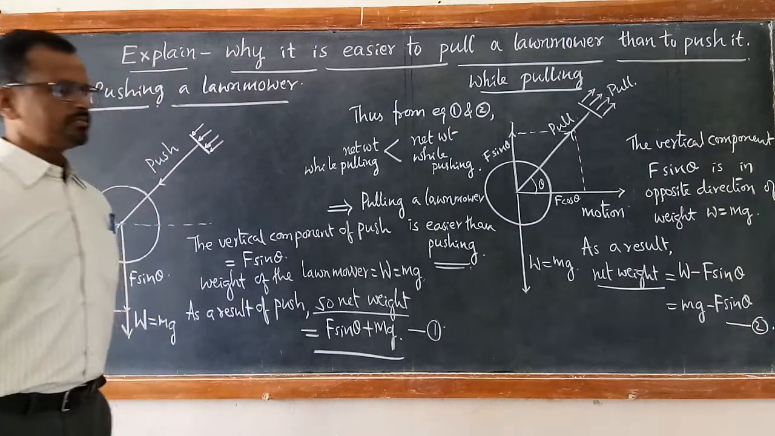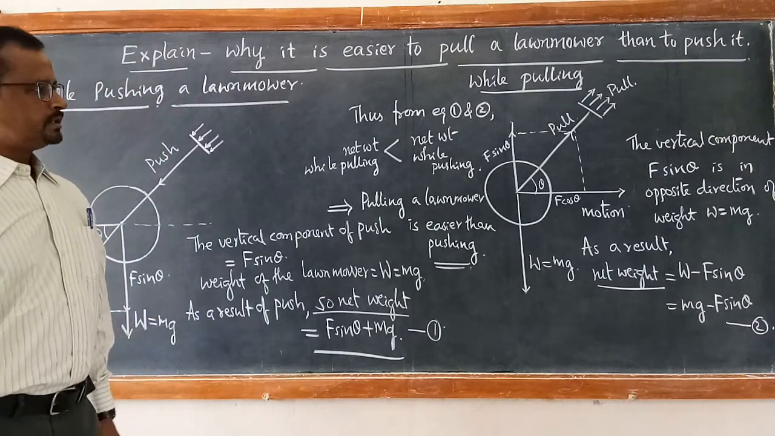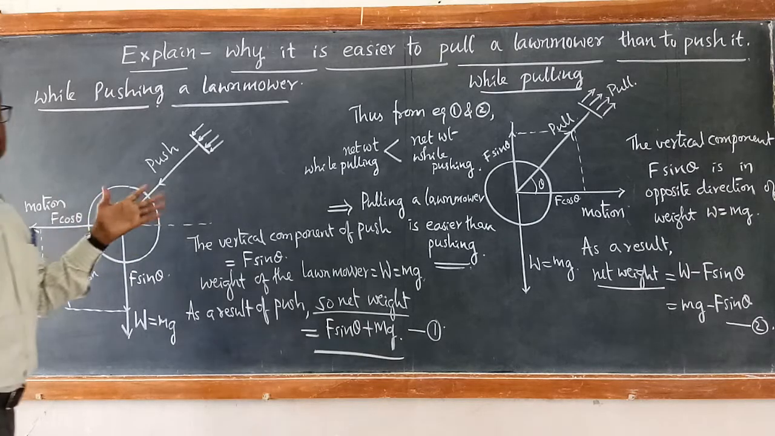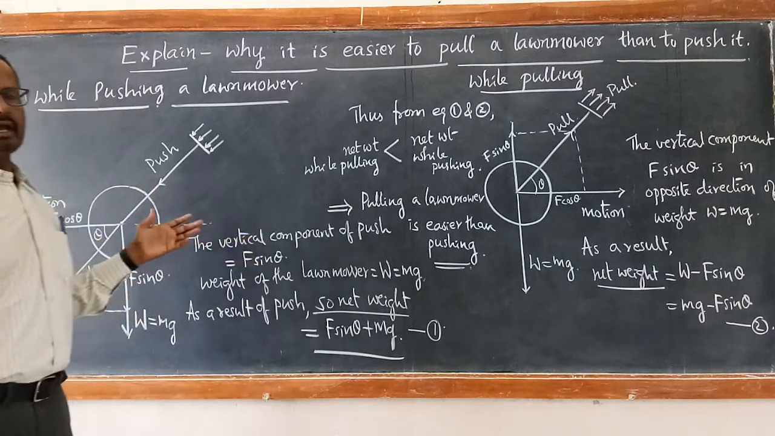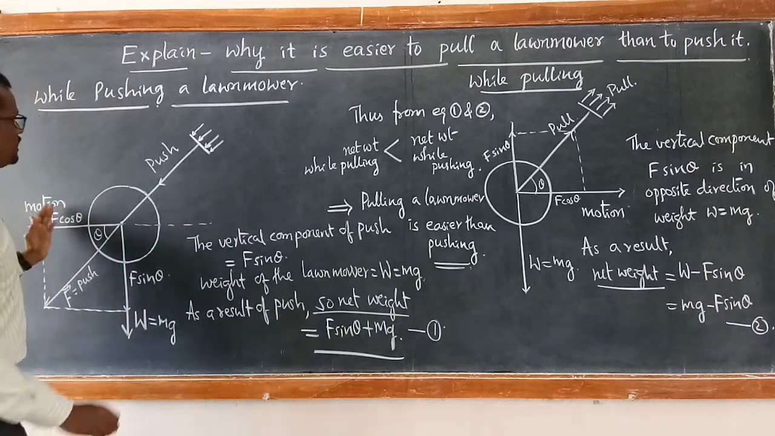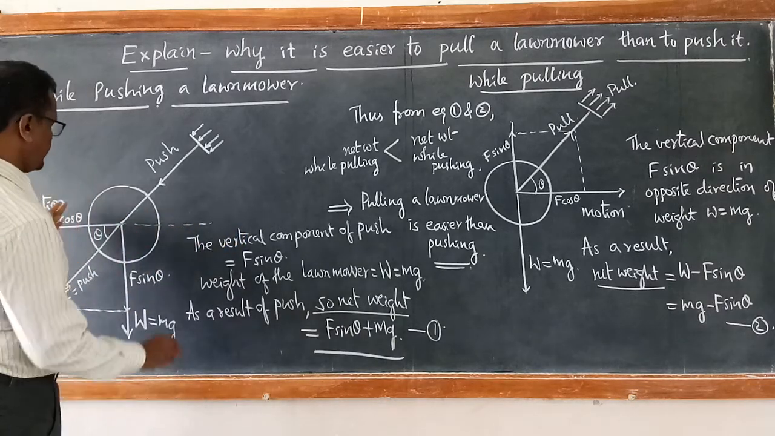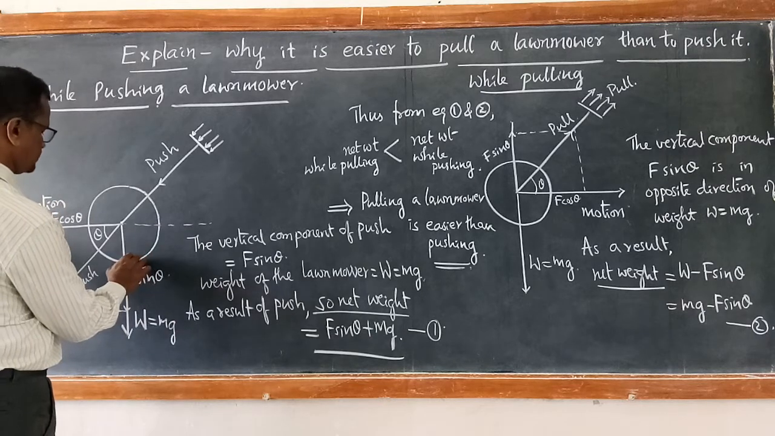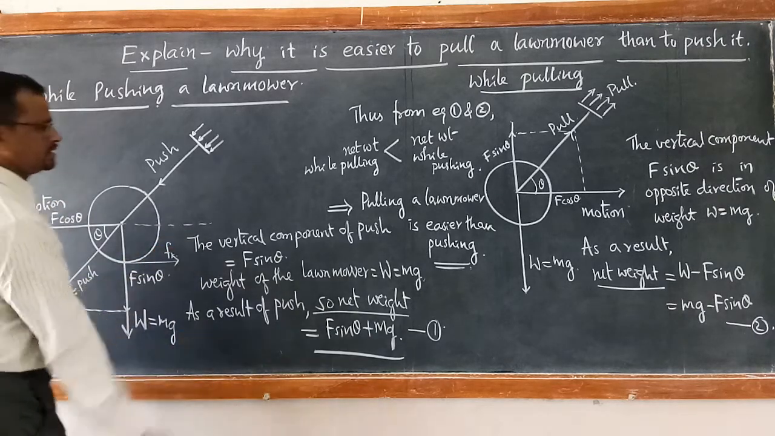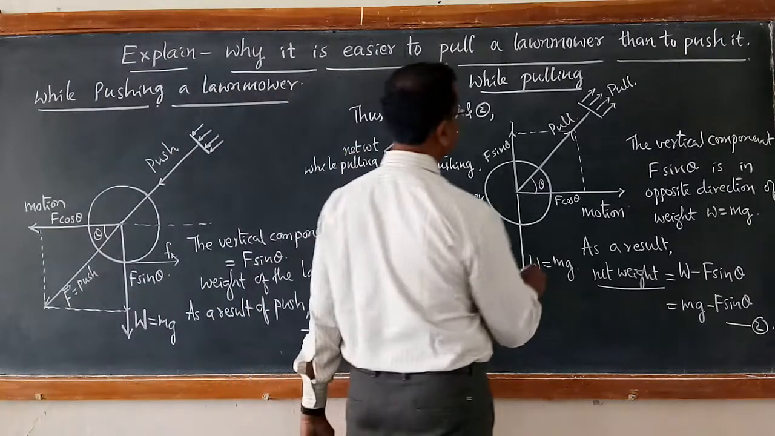Pulling a lawnmower is easier than pushing. You can prove this with the help of the parallel component of force acting along the surface in contact, which we call friction. So we can take the help of kinetic friction. While pushing, the kinetic friction is in the opposite direction of motion. So that becomes Fa. Here, while pulling,